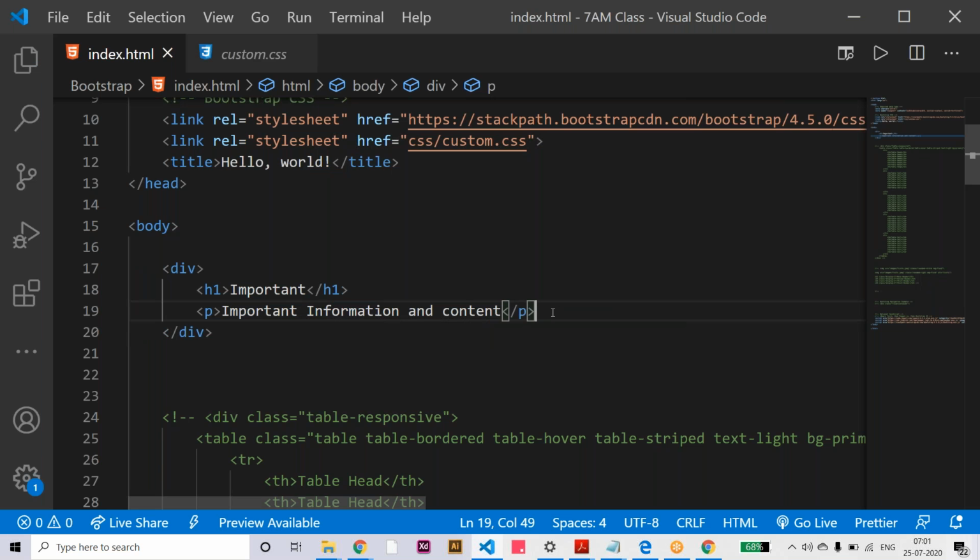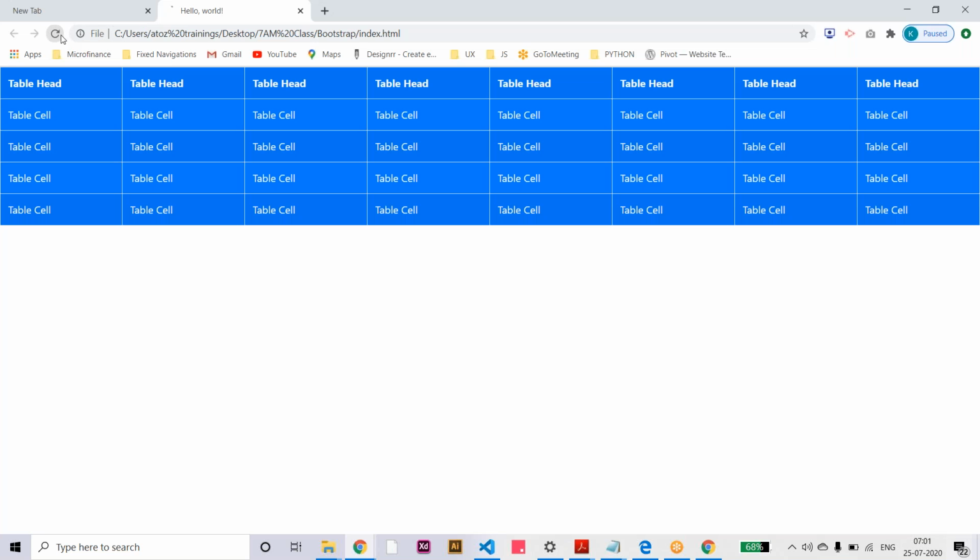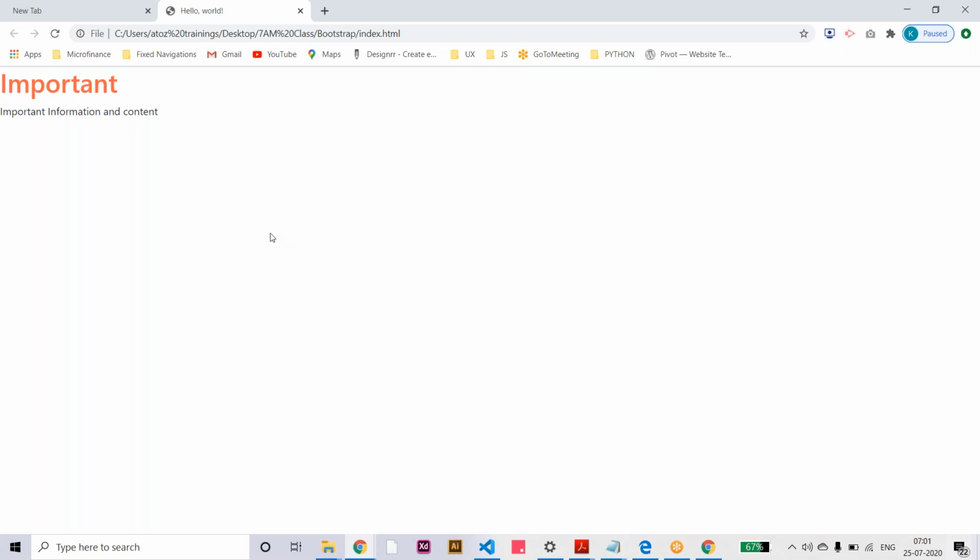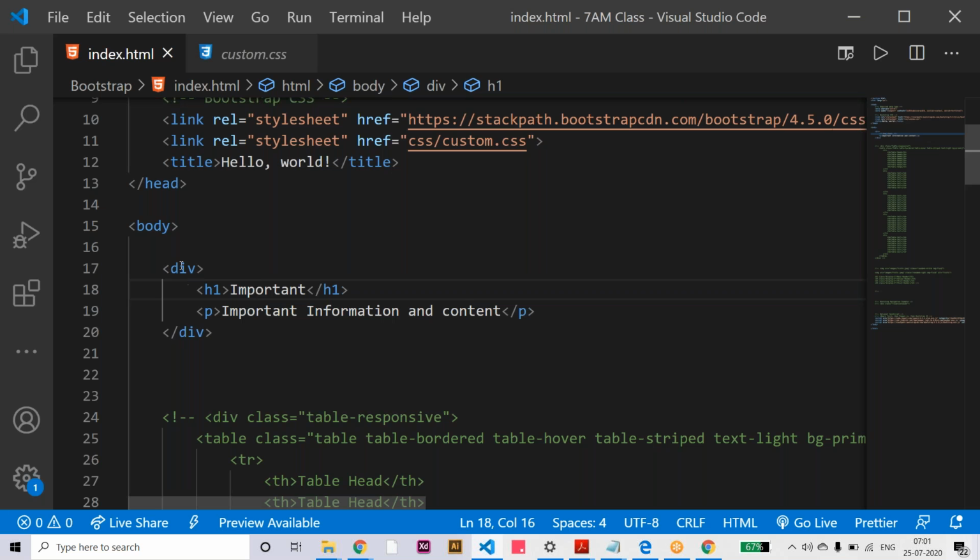Let me check how it is displayed. Now why is it applying red color by default? It should be black, right? I didn't apply any classes.